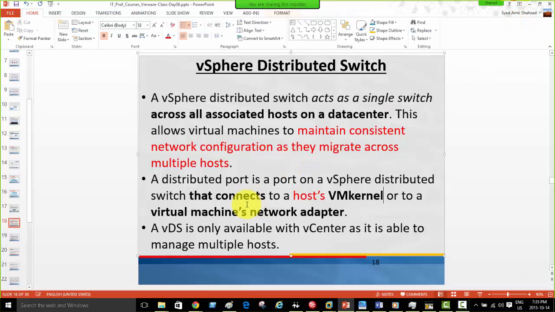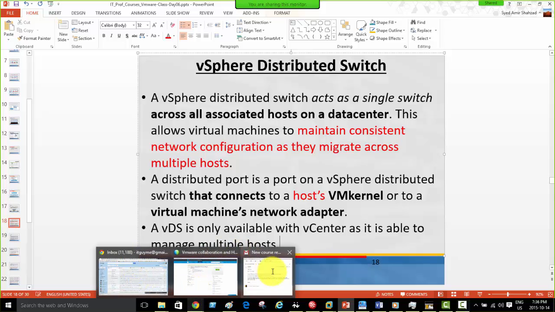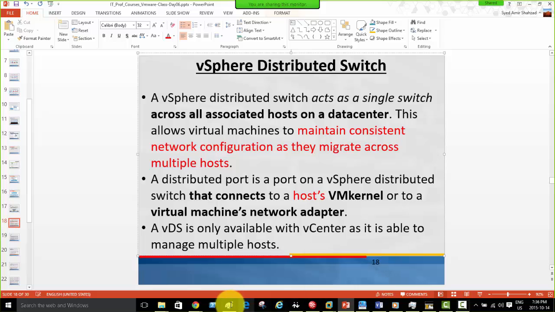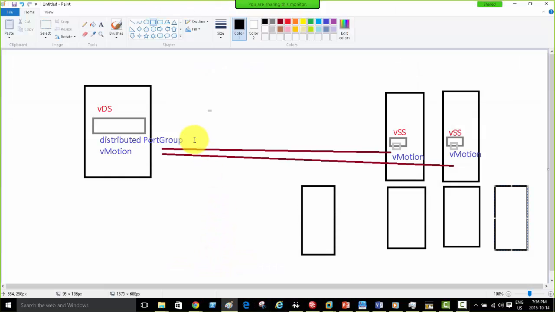Okay, let's go ahead and get back. The port group will be created on the distributed switch as well, just like the port group was created on vSwitch 0. A VDS, or Virtual Distributed Switch, is only available with vCenter, as it is able to manage multiple hosts. So we're going to create that on vCenter. So where's that sophisticated huge diagram? So it's available in vCenter